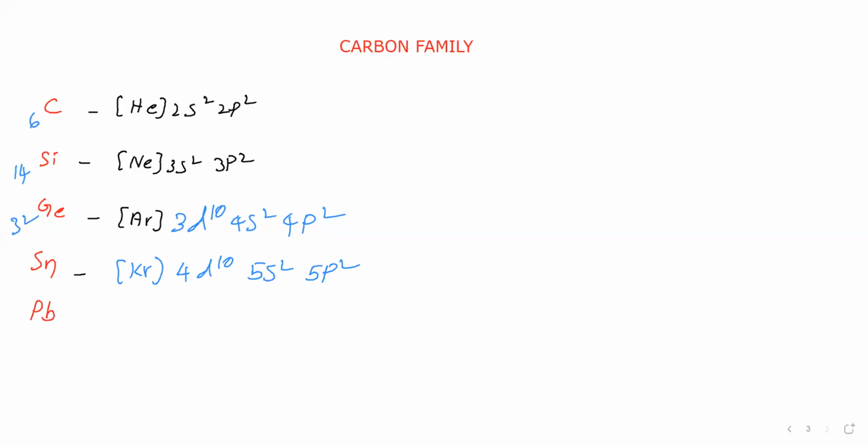Now for lead, xenon 4f14 will come. Here difference is there, 4f14. 4f series is there here. 4f14, 5d10, 6s2, 6p2. Like this will come for lead. So this is the electronic configuration for this group elements. Now we will see